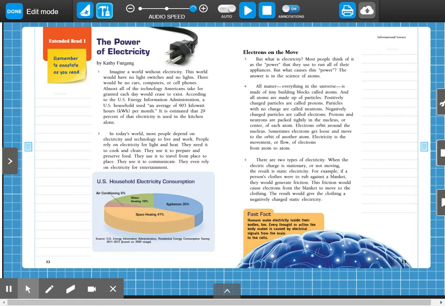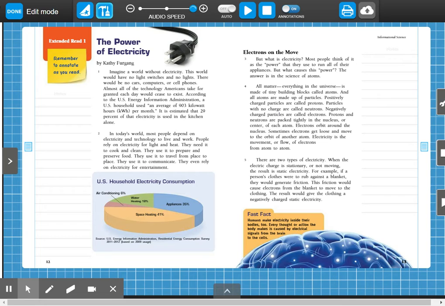So, let's take a little picture walk through. I see some text features. I see a pie graph, and then I also see something that looks a little bit like a brain. So, I'm wondering what we're going to be learning about. Let's go ahead and start off by reading paragraphs 1 and 2. We're chunking the paragraphs, and then we're going to go ahead and find the main idea.